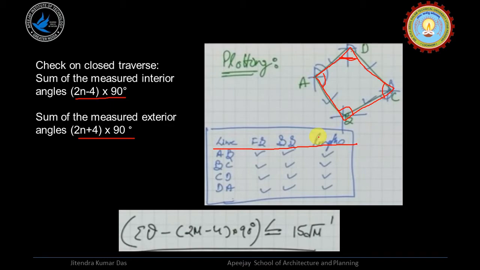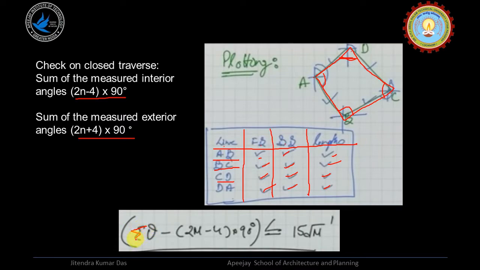How can we create the table: line, fore bearing, back bearing and length. This kind of table we generally create during prismatic surveying. So line AB, what is the fore bearing, the back bearing, the length? Line BC, what is the fore bearing, the back bearing, the length? Line CD, fore bearing value, back bearing value and length value. And like DA, we have the fore bearing value, back bearing value and length value. So how much error can we neglect? We have to think about that also.